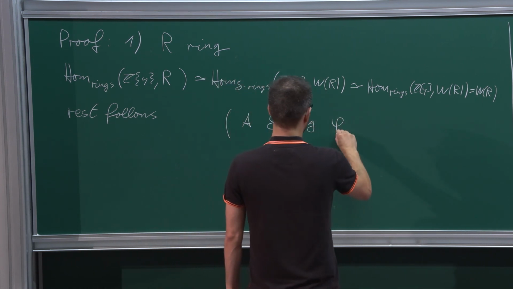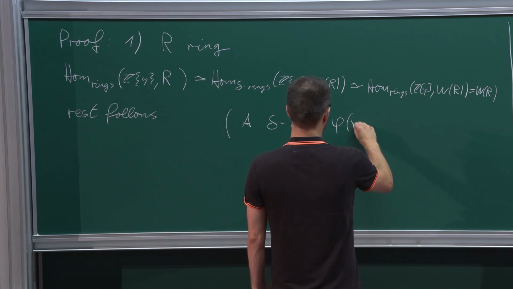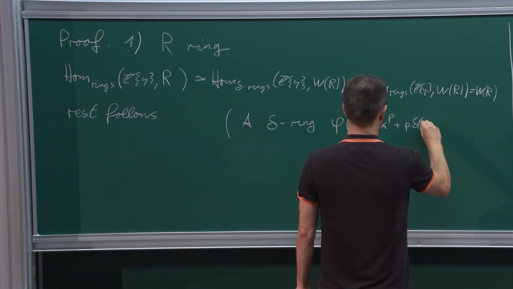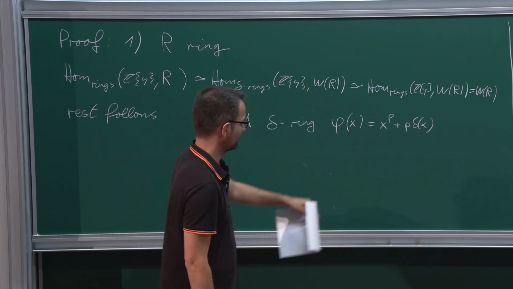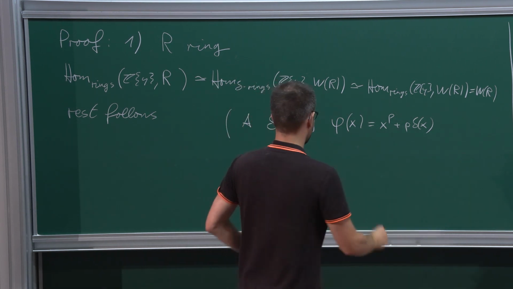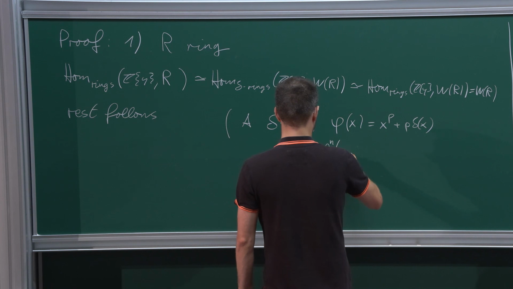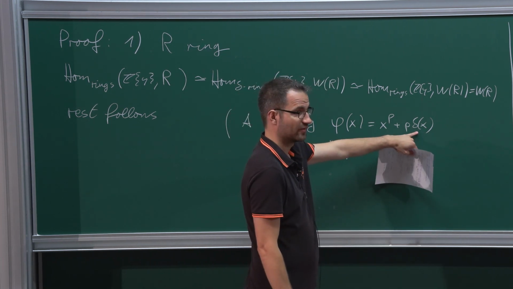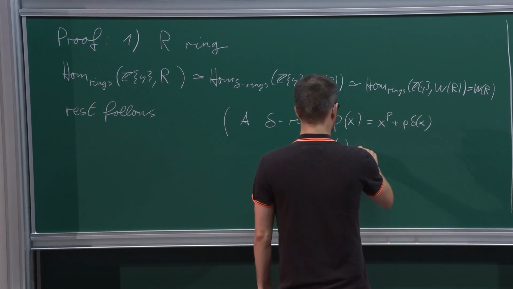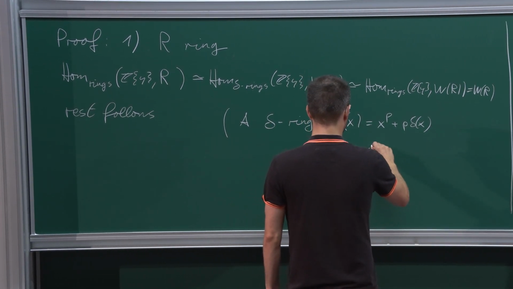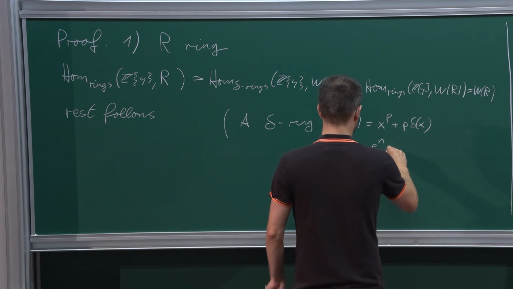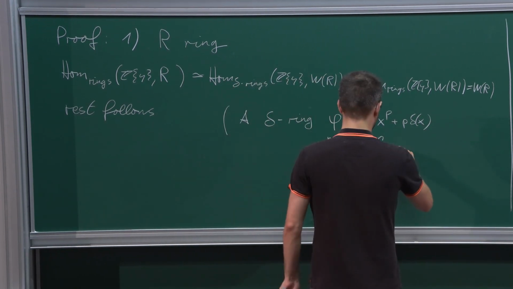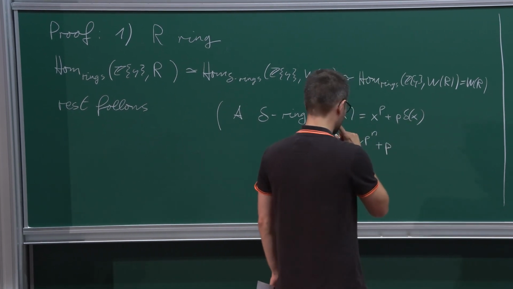And so then we know that we have the following relation by definition, but one can also introduce higher powers of delta, so to say, operations of delta. And so what one can do, one can canonically write the nth power of the Frobenius as x to the p to the n times